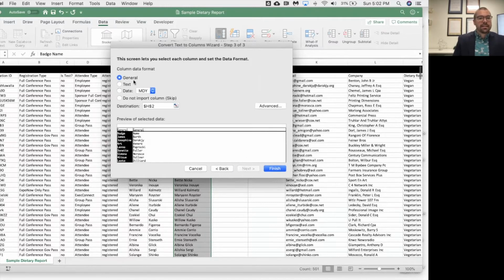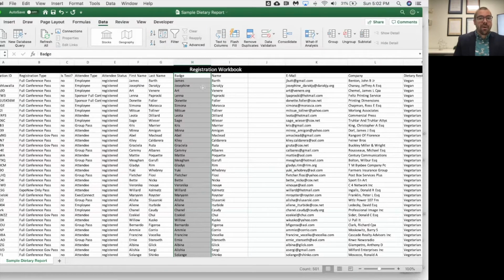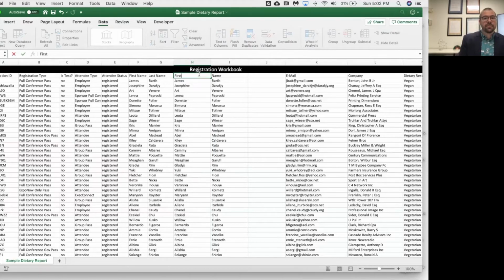We click next, and it's going to ask us how to format that, which is exactly what we want here. It's a general format, and our destination is going to be the H column and the I column. So it's going to keep the information we have in the badge name and break it into the other 2. And then when we click on finish, we're just going to see in the background that we now have badge and name, which is our headers. So I'm going to go in here and change this to first